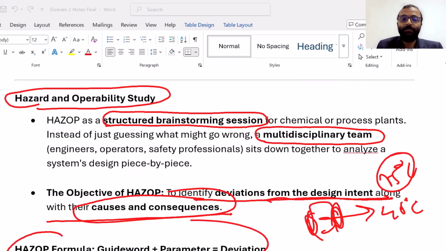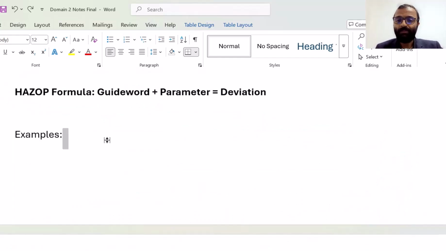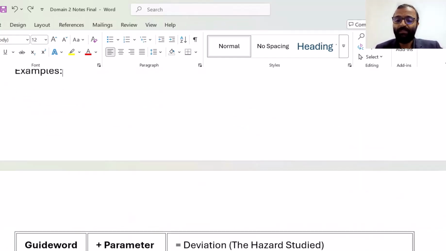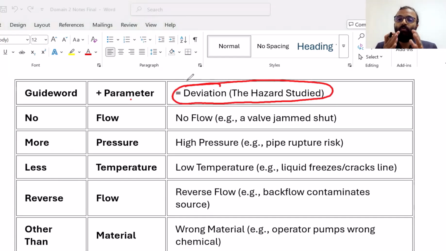The HAZOP formula is guide word. You will be having a guide word and parameters. HAZOP will be having guide words and parameters. We will be understanding guide words and parameters to check the deviation. We will be checking how far it has deviated. That is HAZOP analysis: how far it has deviated from the normal operation. So for that, we will be having a guide word and parameters. If they are saying guide word and parameters, then that is the HAZOP